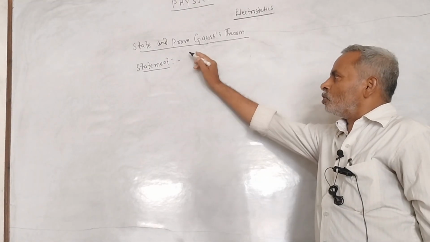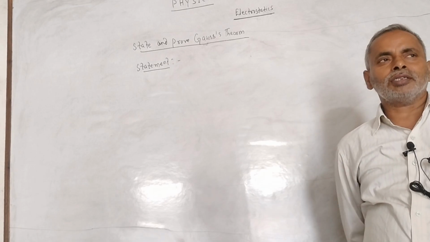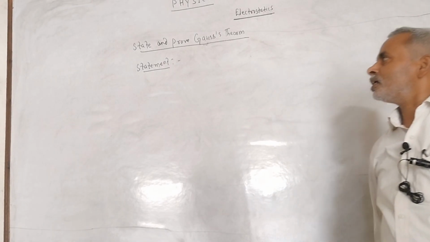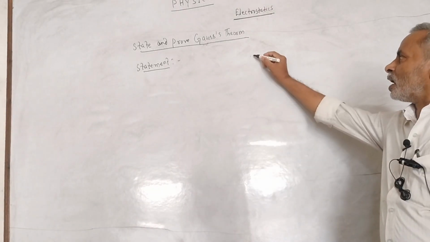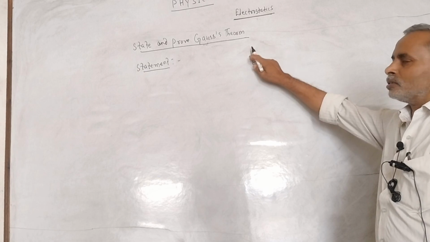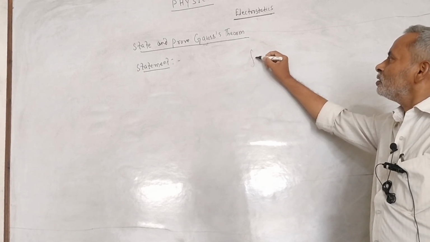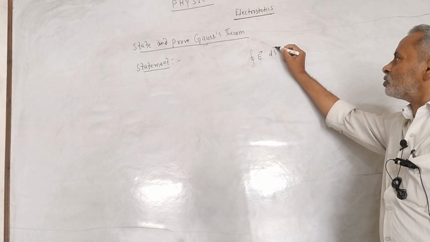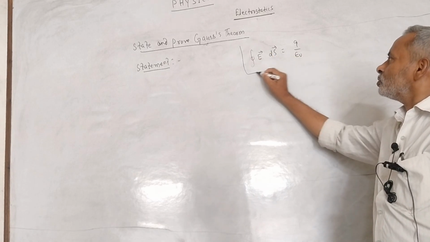The statement of Gauss theorem is: the surface integral of electric flux over any closed surface is equal to 1 by epsilon naught times the total charge inside the surface. Mathematically, we can write, integral of E dot ds equal to Q by epsilon naught,